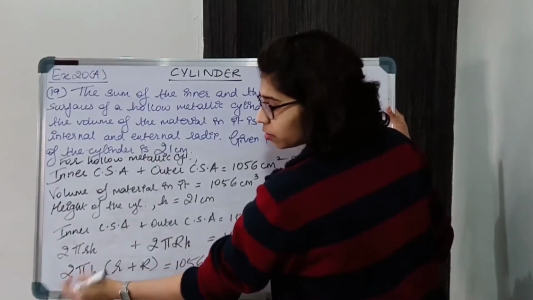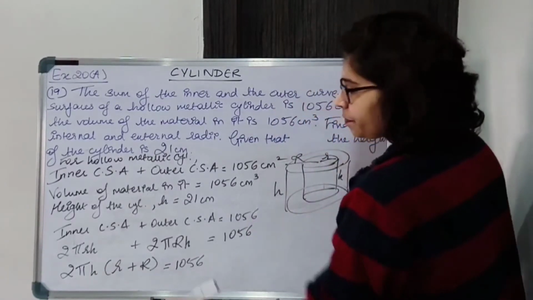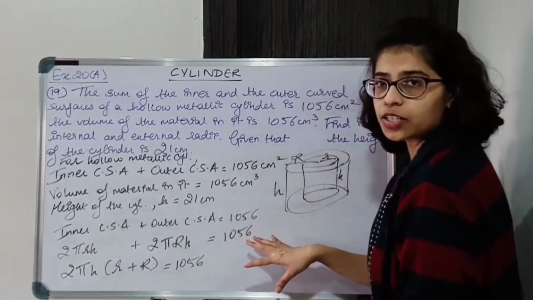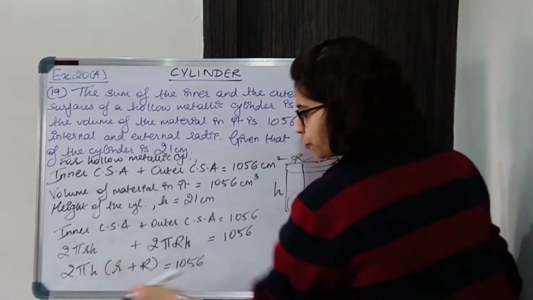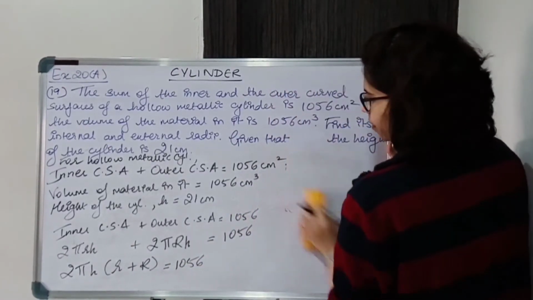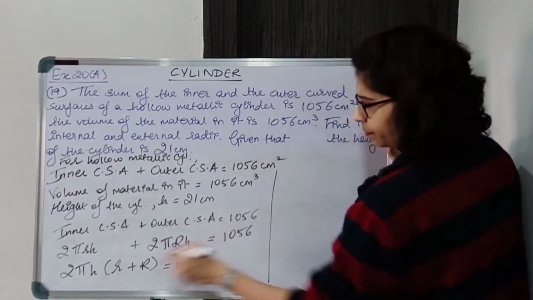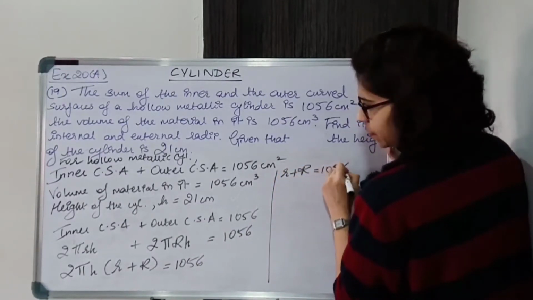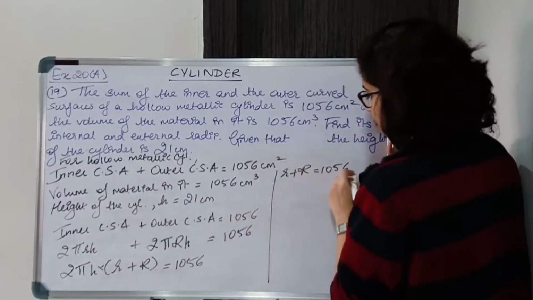Okay, 2 is 2. This is 22/7 and this is 21 centimeter that is given to me. So what I'll do, I'll shift all these known numbers to the RHS, okay, because this is what I don't know but this is what I know. So let me shift it over here. If anything is getting cancelled over here, so this will become R plus r equal to 1056. Here it is multiplication, so when it will go on the other side it will become division.